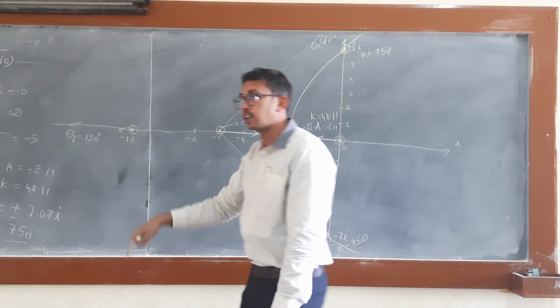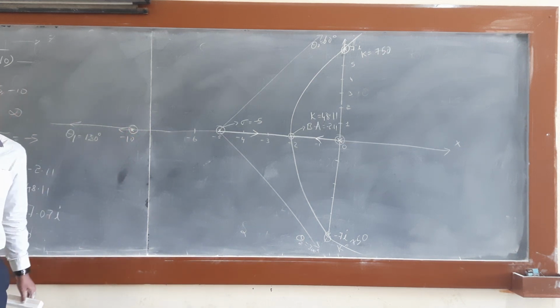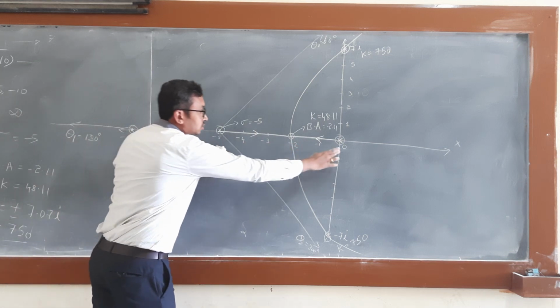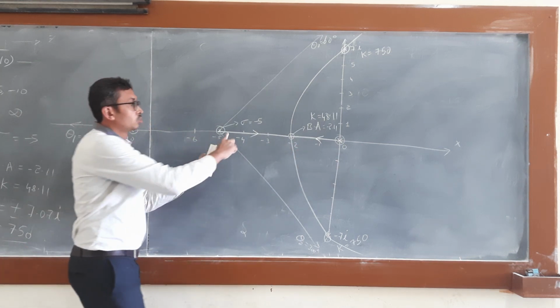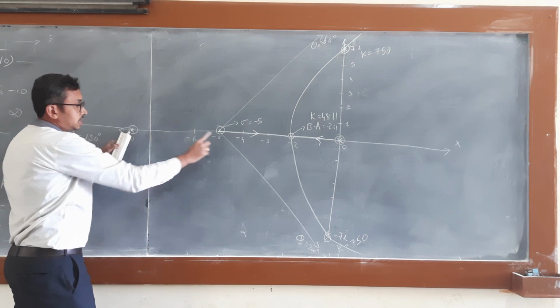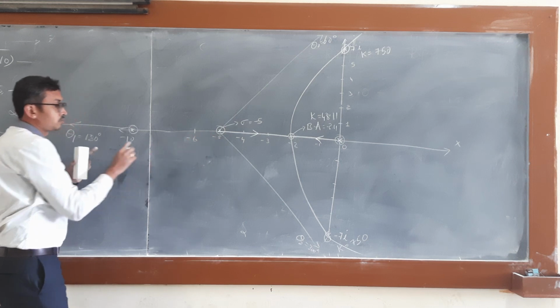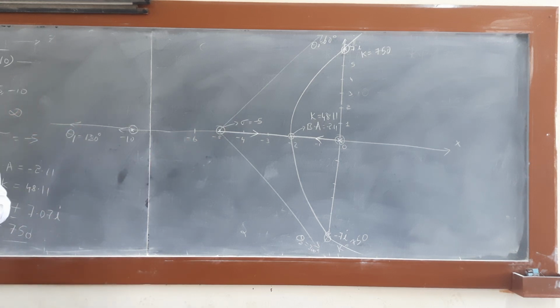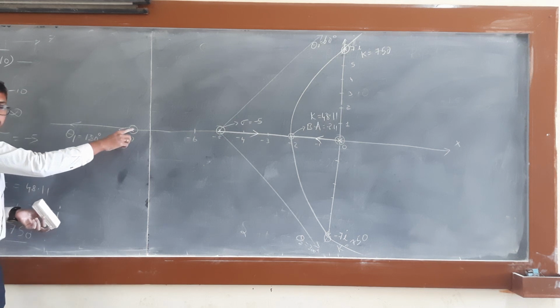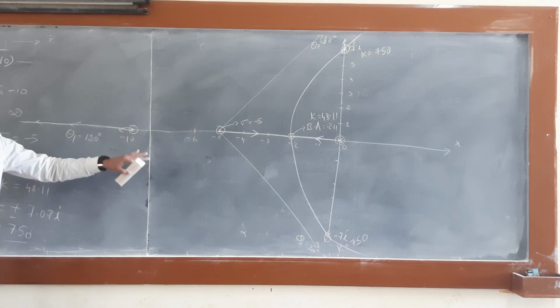In the same way, there is another branch. It is going to start from here, minus 10. We already predicted root locus is possible between minus 5 and 0. Correct? Step number 2: root locus is possible between these 2 points. Is there any root locus between minus 10 and minus 5? We already predicted no root locus is possible between minus 5 and minus 10. At the same time, when k is equal to 1, it starts from here and follows the asymptote, that is theta 1 equal to 180. Is it clear?